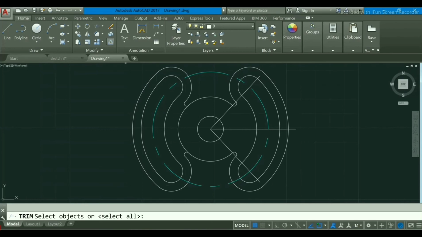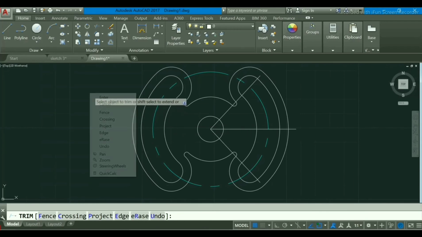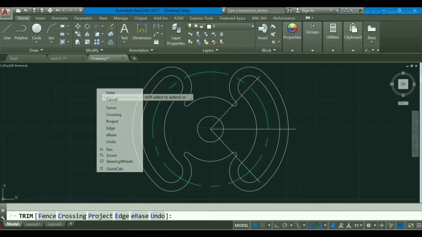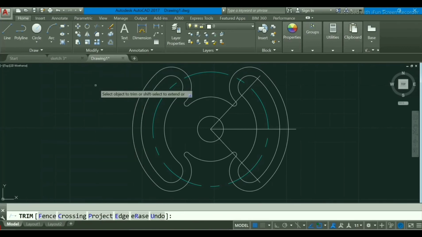So go to trim, right click, again press right click. We don't want this one also, the extra center line that we have created here.